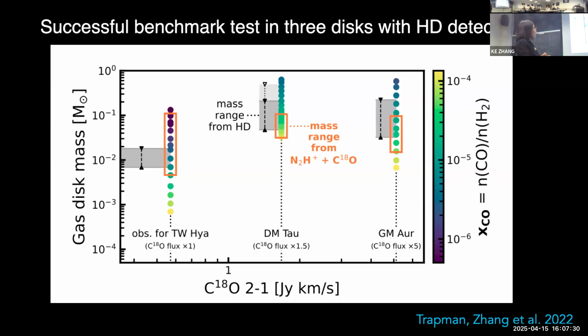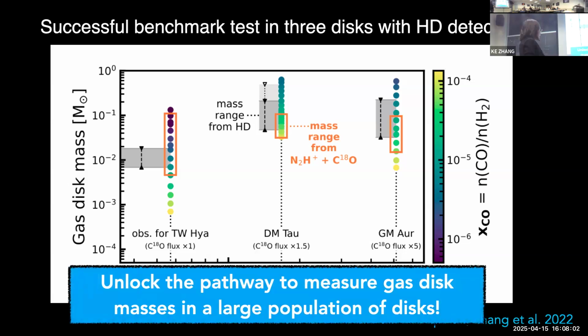So the orange box is once you add the N2H+ information, the predicted gas disk mass. You can compare this with the gray box, which is the HD constraint on the possible gas disk mass. Generally they are consistent with each other within reasonable accuracy. Because currently we don't have a far infrared space telescope to do more HD observations, we think this is a good way for us to measure gas disk mass in a large population of disks, because we could